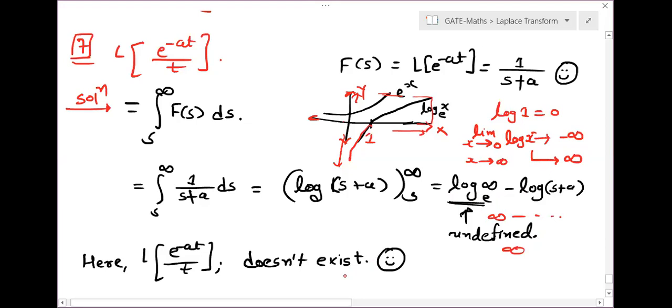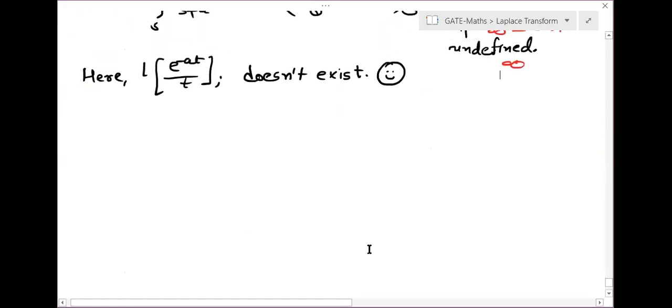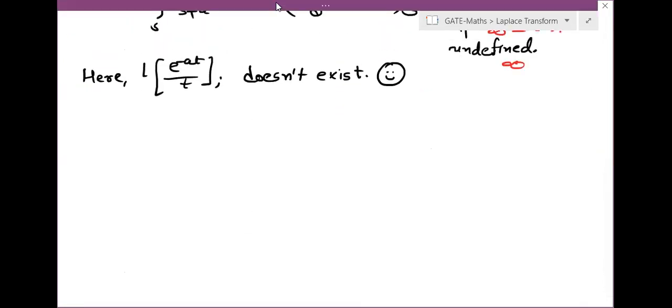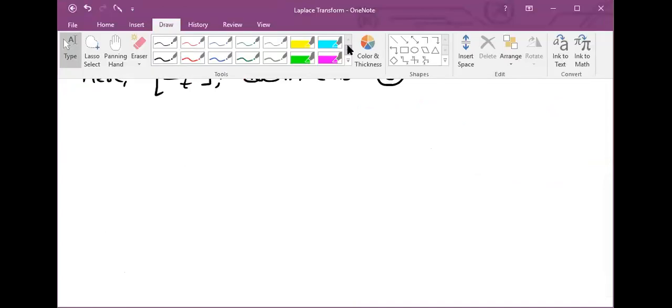And what is the condition for Laplace transform to exist? In the definition of Laplace, only an integral is coming. That integral should be convergent. If it is convergent, then it exists. If it is not convergent, it is divergent, then it doesn't exist. And the meaning of divergent is we cannot find its value. So is it clear now? Just type in the chat box if it is clear. Let me show you one more example like this, that why here Laplace of 1 upon t is not defined.